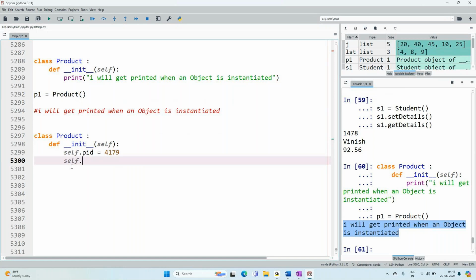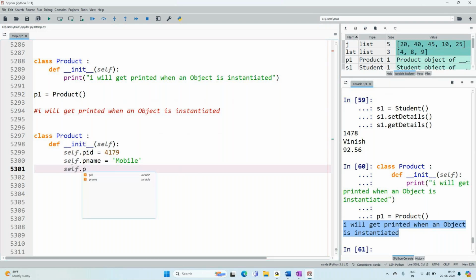Self.product_name is equal to mobile, and self.product_price is equal to